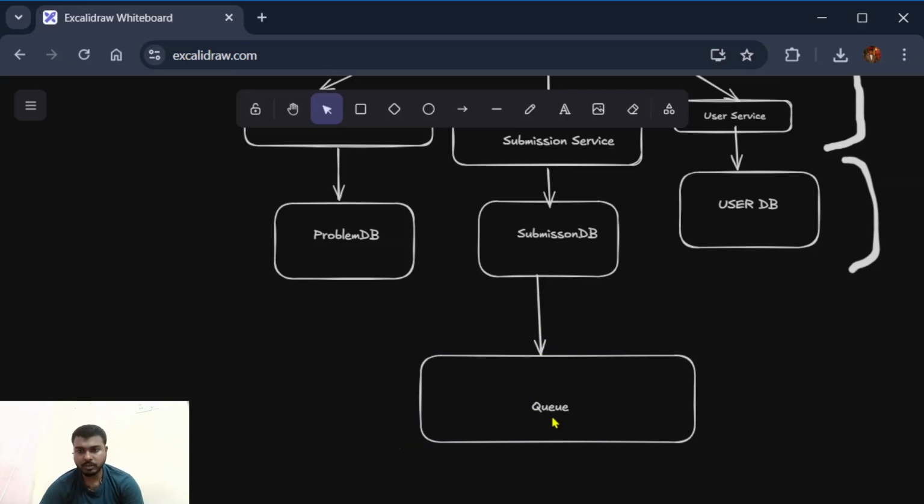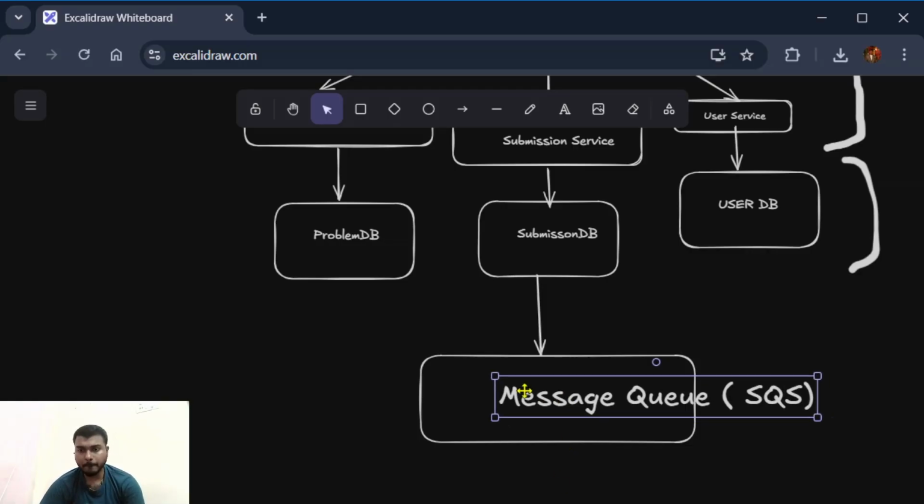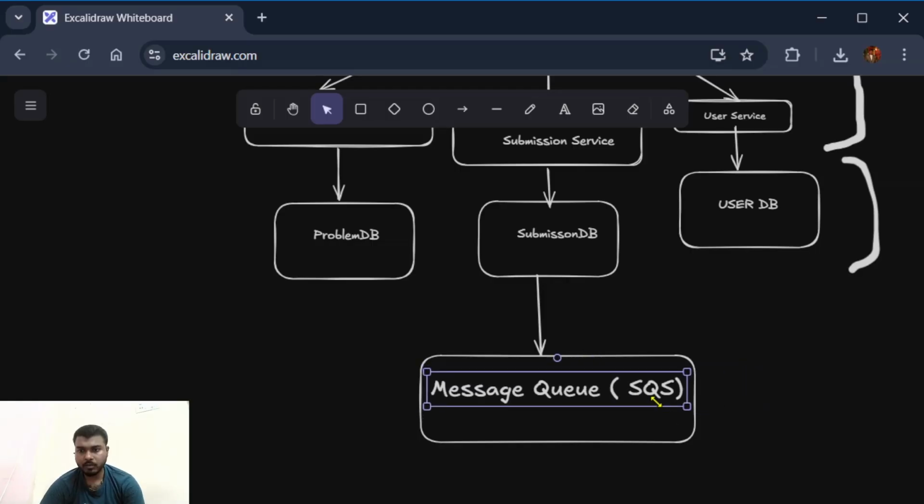So for the message queue, we can use Amazon SQS for this service. Next, in this queue, you can say message queue for better visibility, so SQS can be used. Makes sense? Okay. Now